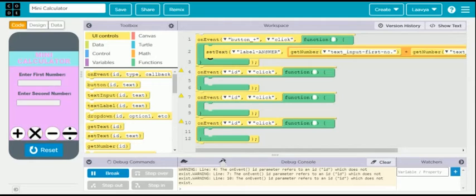So for example, I enter 6 over here and I enter 4 over here and I press add. We'll get the answer as 10. You can try with any other number, for example 67 and 43, and the answer will be 110.